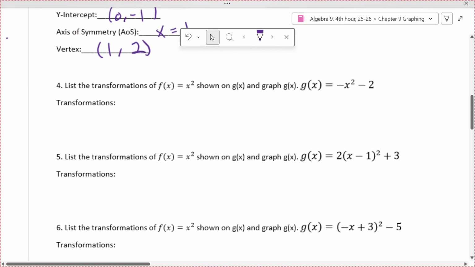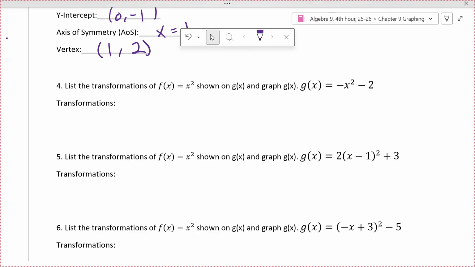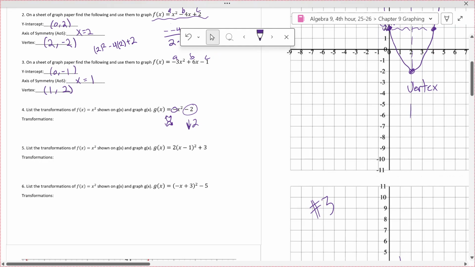Number 4, it asks you to list the transformations of f of x equals x squared. That's the parent function shown on g of x. So it's saying, hey, this is the original, this is the new one, what happened? Okay, so this -2, of course, would mean we go down 2 because it's a -2 outside of parentheses. This is a negative in front of the x squared outside of parentheses. That's going to be a vertical reflection about the vertex. So for number 4,